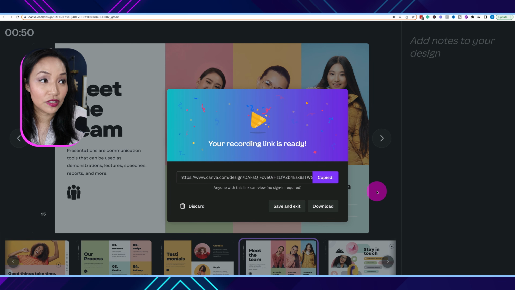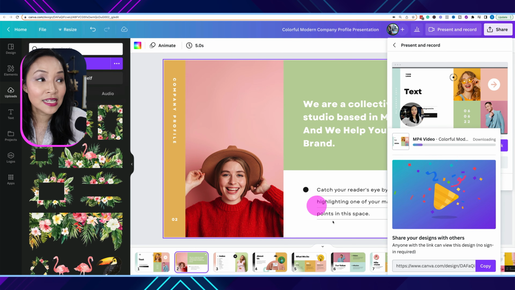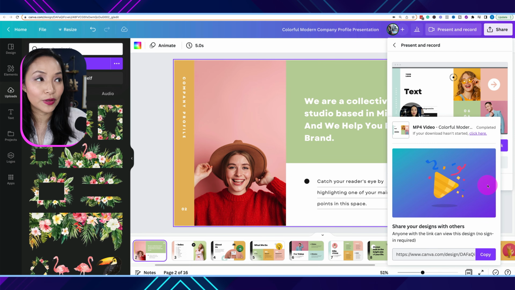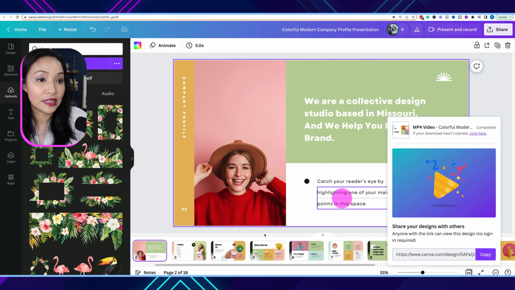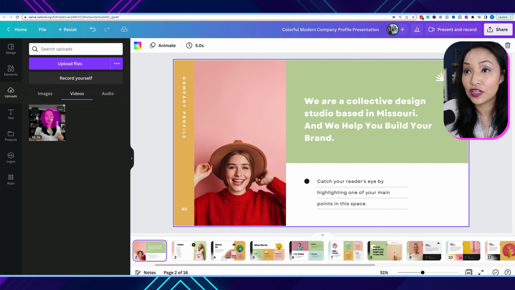Now, the other option that you have is to download it. If you click on that, it will open it up in the editor again, and you'll see here that it's downloading. So once again, give it a moment. Once it's finished doing its thing, the file will automatically save. Otherwise, you can click on this link here if it hasn't started to download itself, and this will download the file again. You can also access the video of you in the video section here.